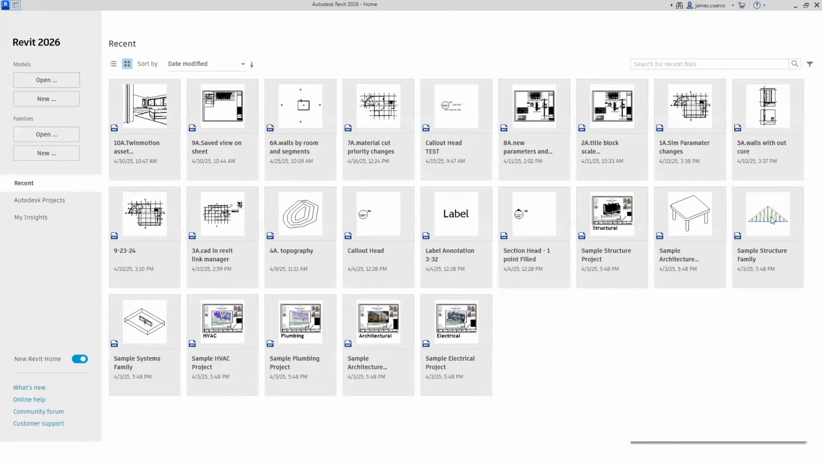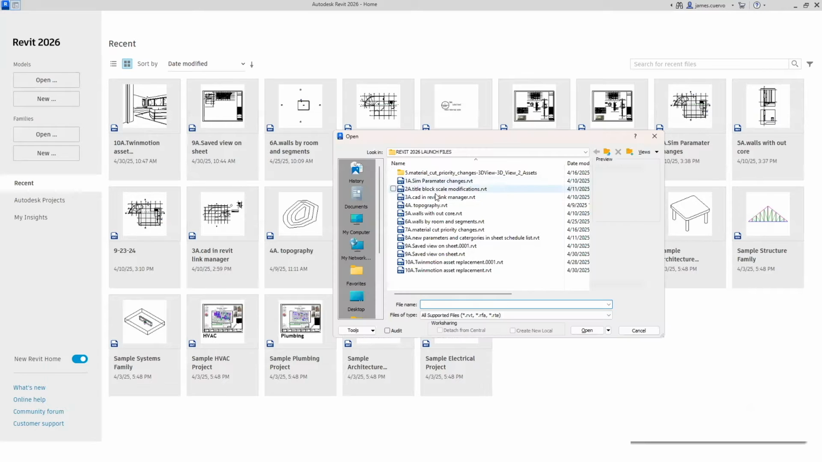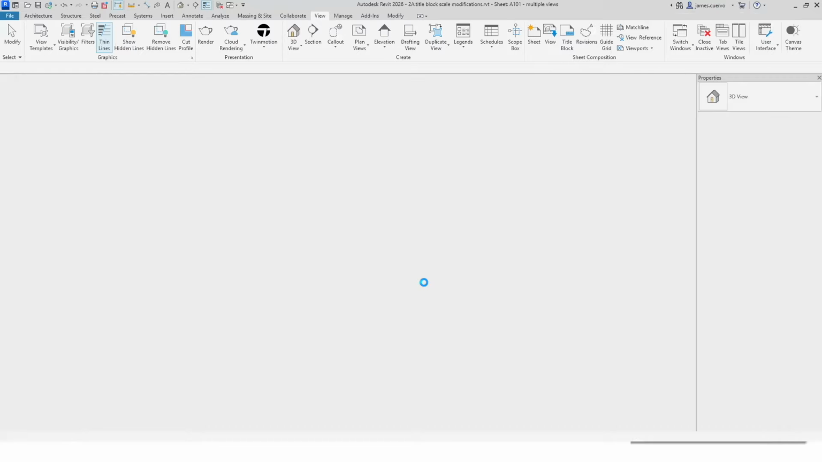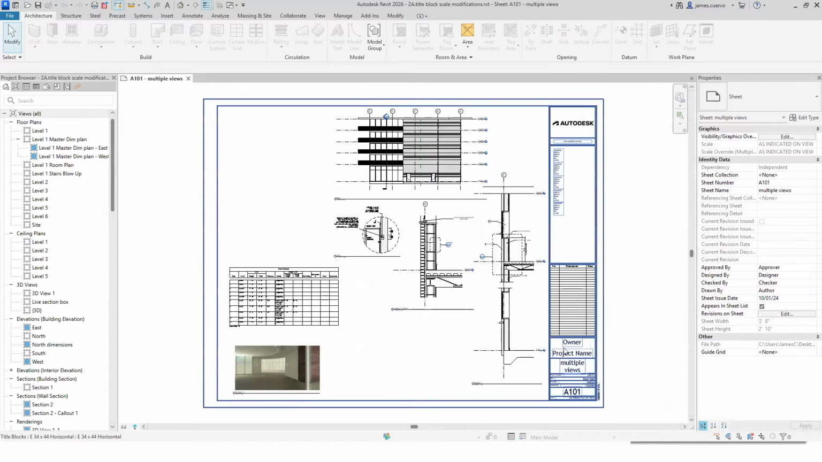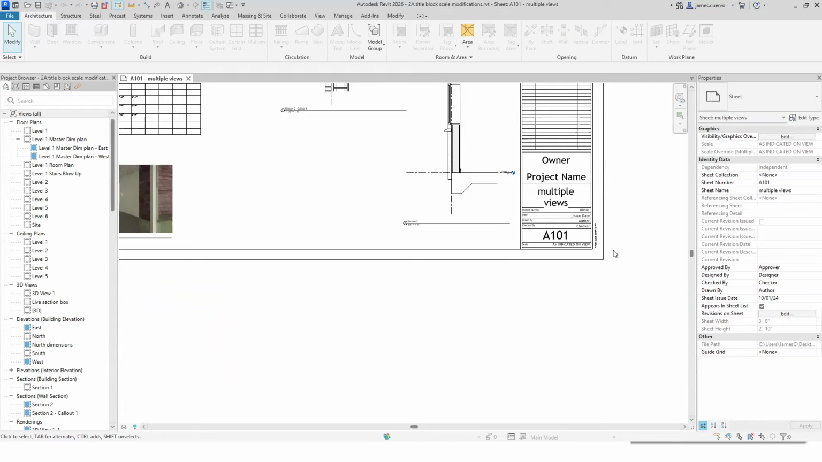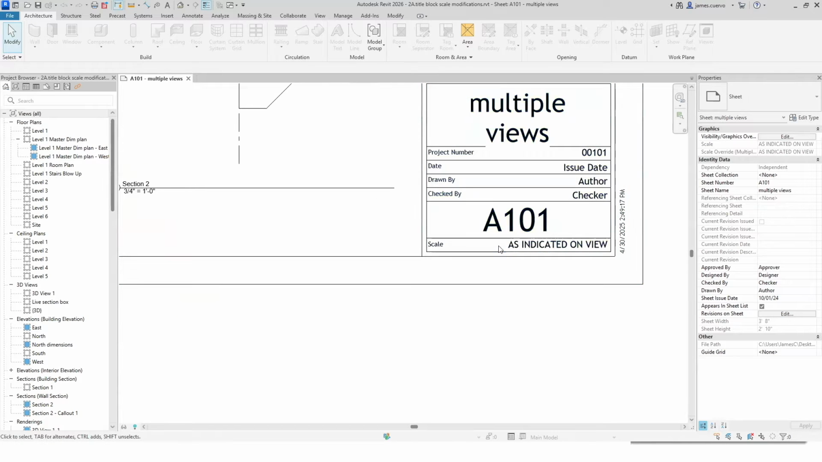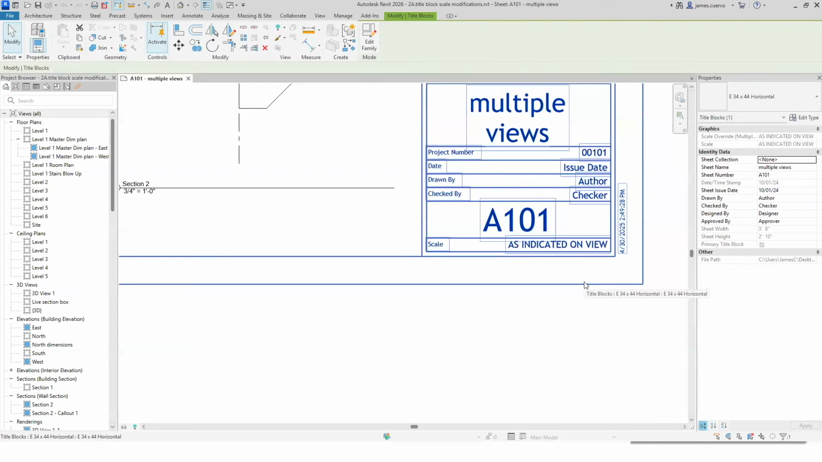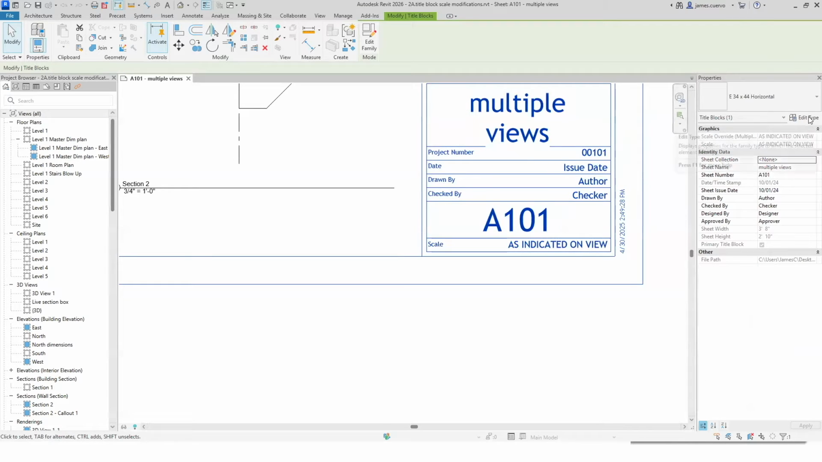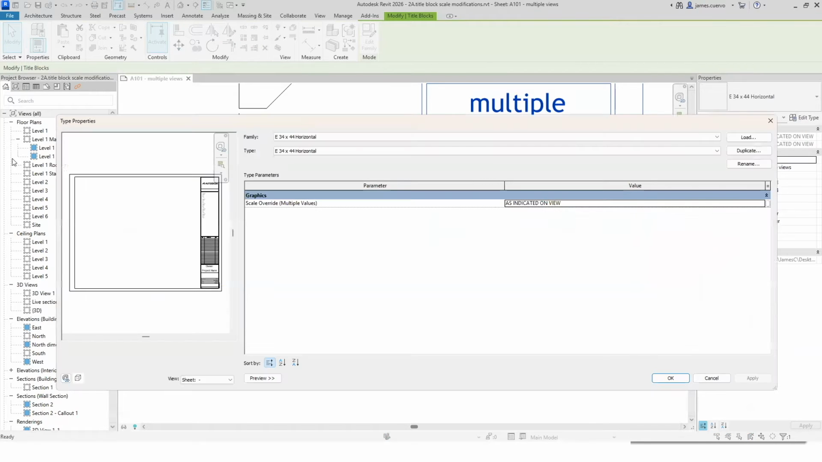Let's go ahead and open our title blocks, or rather this particular file that actually shows us what we're talking about, which is this part in here. As you can see right now, it says "as indicated on view", that is something that I actually did myself. To verify this, I can select this and go ahead and select the edit type. By selecting the edit type dialog box,